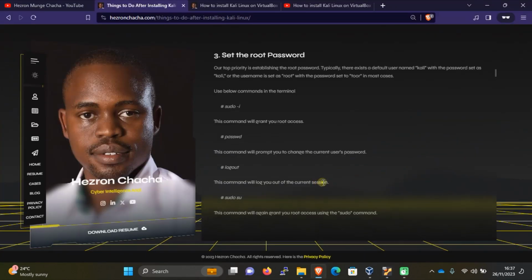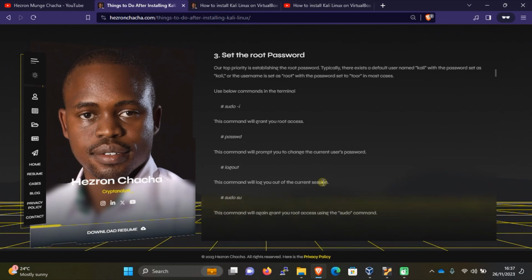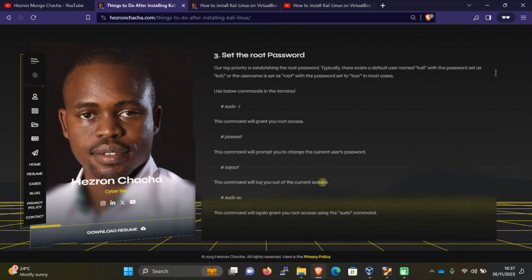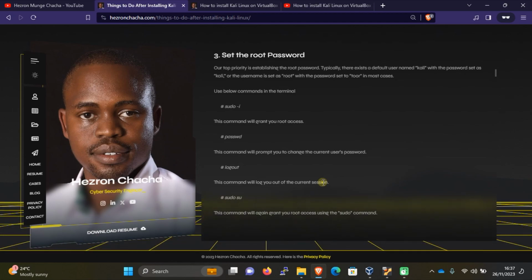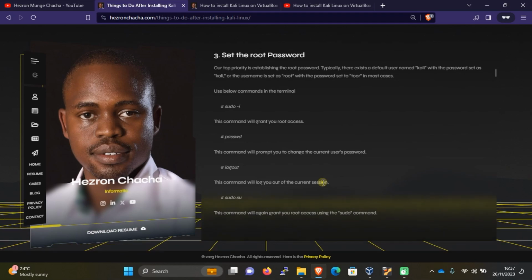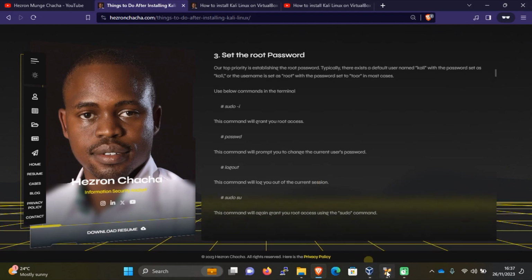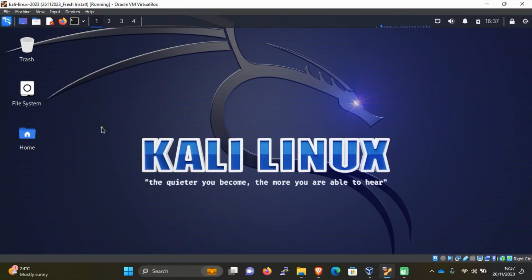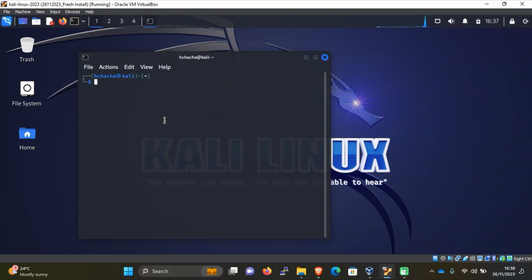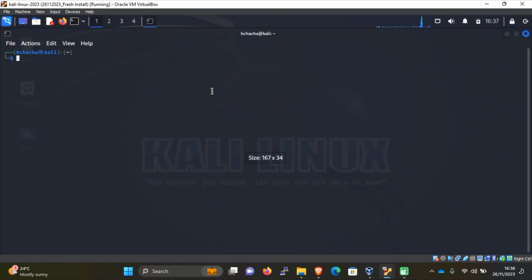The next thing to do is set up the root password. That's our top priority, establishing a root password. By default, in most cases, the username is kali and the password is also kali, or sometimes the username is root and the password is toor, T-O-O-R. So we'll go back to VirtualBox and launch the terminal. In the terminal, I'll write sudo -i